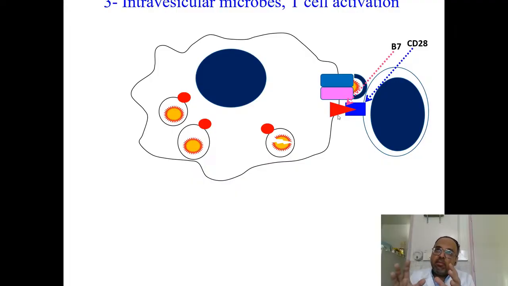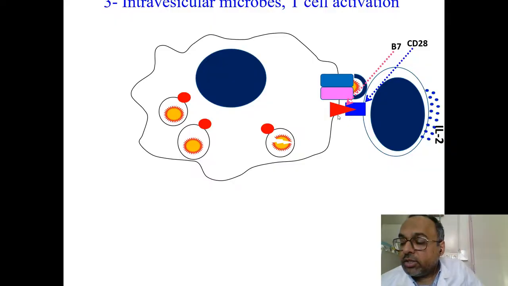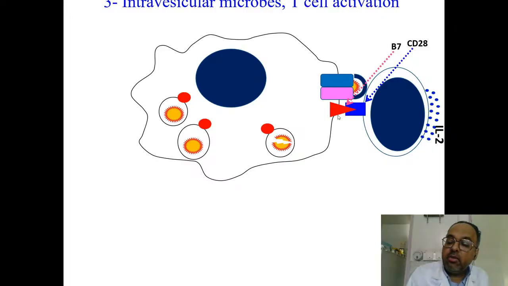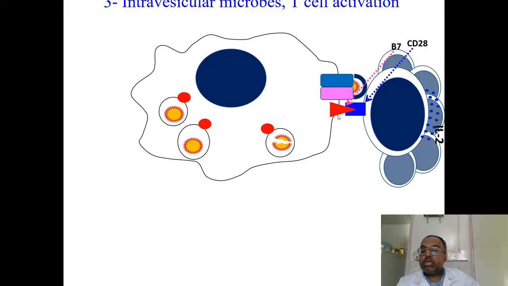So you have to give them MHC with the antigen as well as a second molecule, which I'm showing here with the red triangle, and the name that I have for it here is B7. It binds to a receptor at the surface of the T cell named CD28, and this fully wakes up the T cell. How does it wake up? Well, it starts producing a cytokine named interleukin 2. Interleukin 2 will tell the T cell to start proliferating. It enters mitosis, mitotic division.